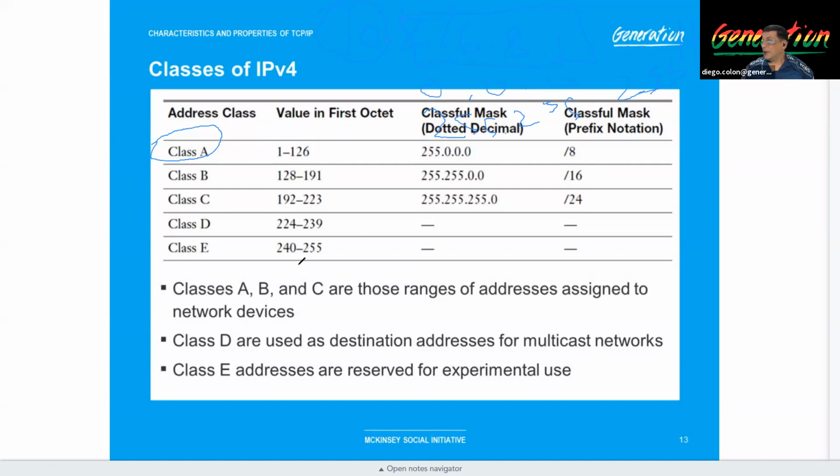How far? Versus, now look at a class C. Look at what happens to the class C. The class C, for instance, if I put 192.168.2 dot